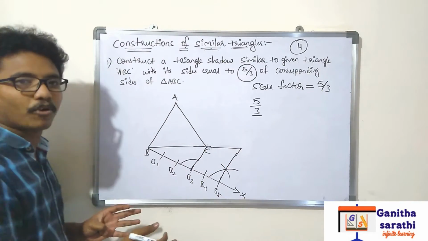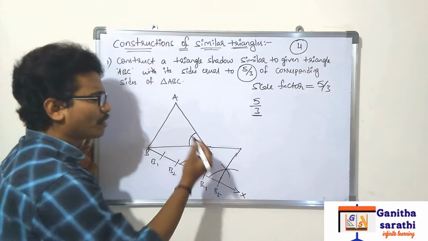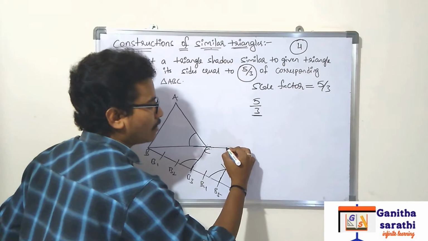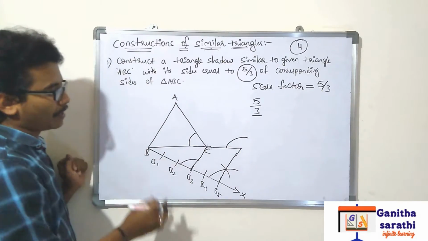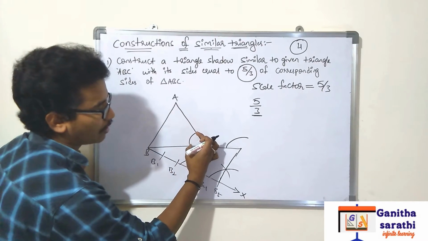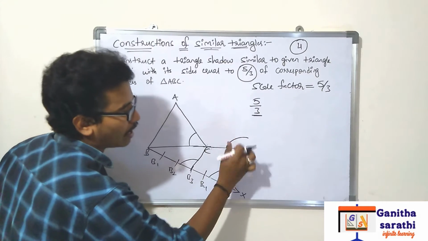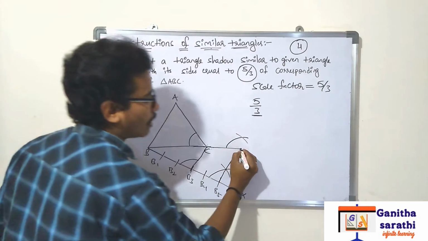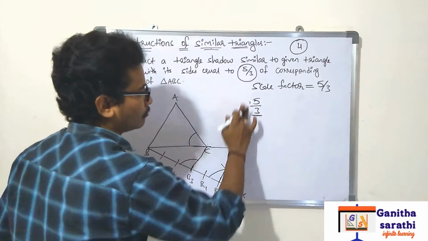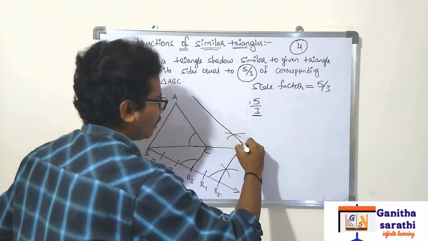Okay, the same process will continue here also. Take one arc of some measurement, and from this point take the pointer here and draw an arc with the same measurement, and now you measure this one. After measuring this one, same process, take a point here and draw an arc like this. Okay, and take this point to the, see, you will be getting it like this. Here I am not having any compass.